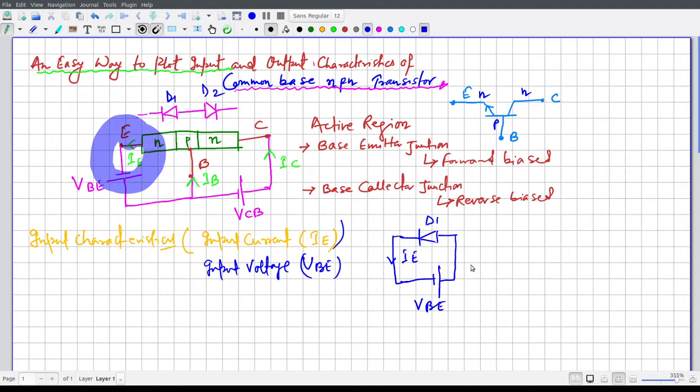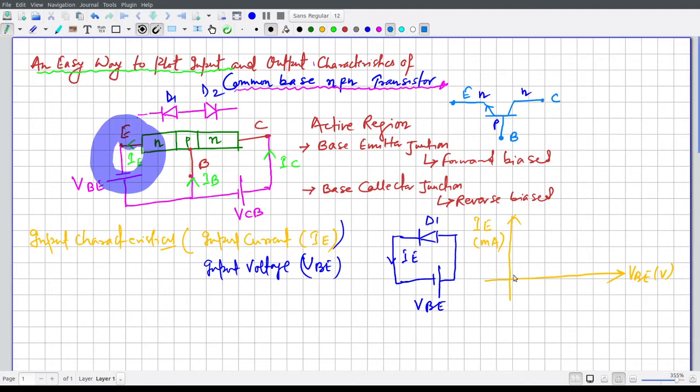This is simply the forward biased characteristics of a diode. If we plot this, IE should be in milliamperes and VBE in volts. We are very familiar with diode characteristics.